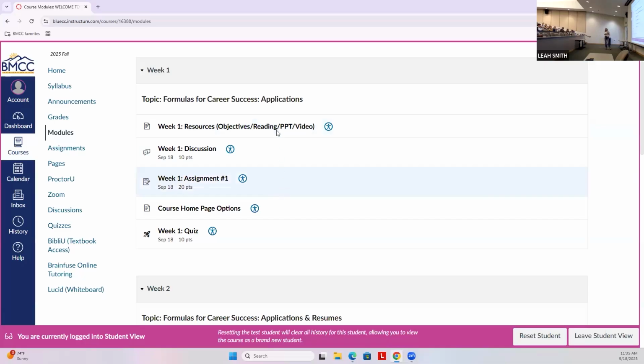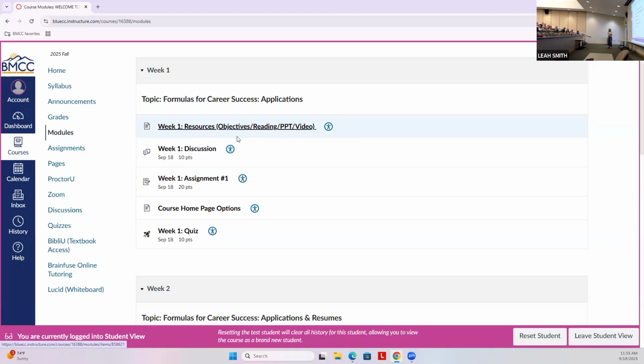You can click on all of these. There's nothing tied to a grade. There's nothing you can screw up, but it gives you a chance to see it. So when you go in and actually do it in one of your courses, you'll know how it works. And I found out from the last group, you are not required to submit anything. Okay, so I know the students ask, hey, do I have to submit things? Do I have to submit the discussion? No, you don't. Okay, but if you'd like to, you're more than welcome to.